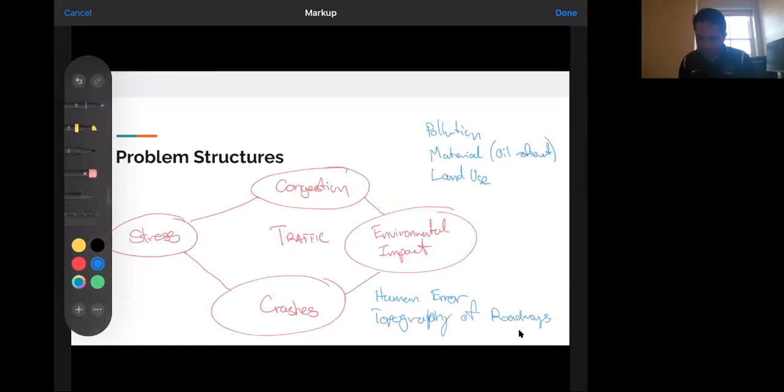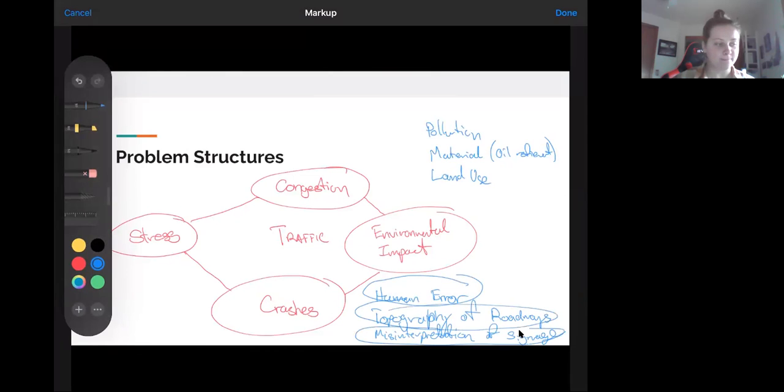And right, there could also be misinterpretation of signage. Right, that could also lead to a crash. So now we say that for all these things that could